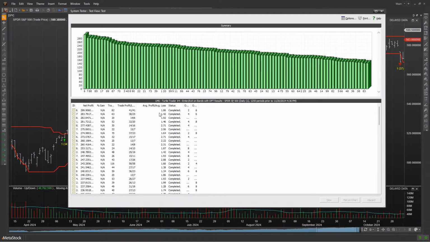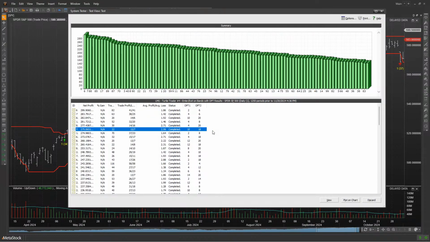Now, to figure out the length of the bands that this one used, just expand these last two columns here. And here you can see it used a combination of 2 and 6, which is a world of difference from what I tested on initially. So if I go down through this average profit, average loss, you'll see that this one right here is 2.71. So that's a much better ratio. And then right underneath that, this one actually shows 22 total trades with 15 winning trades and 7 losing trades. Again, better than a 2-to-1 ratio. And the length of the bands that this one used is 10 and then 18.